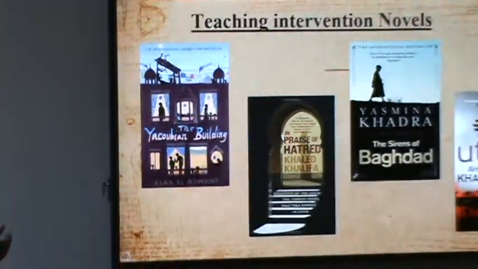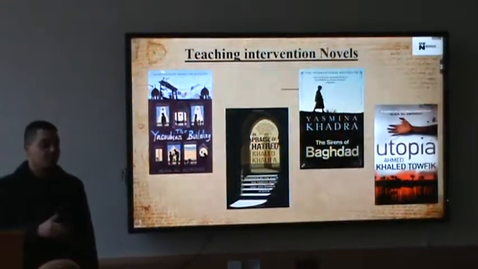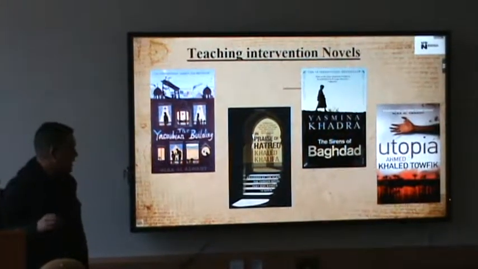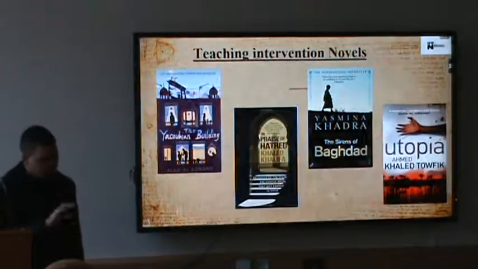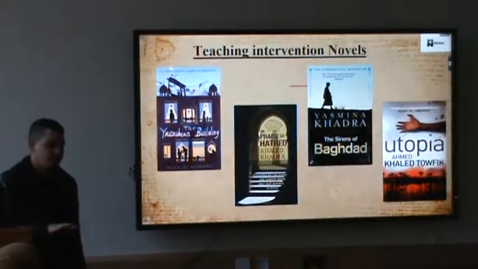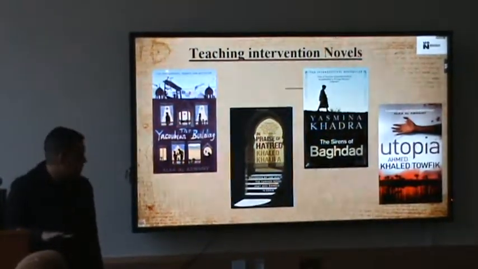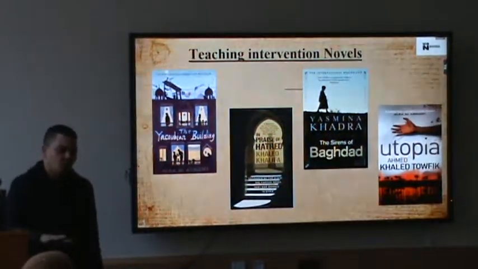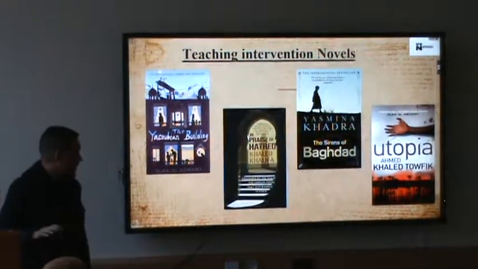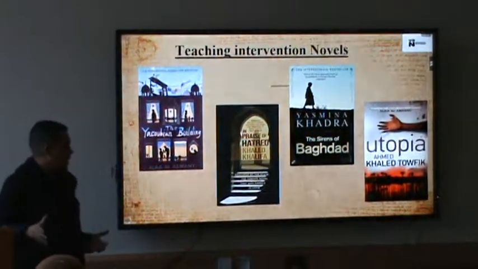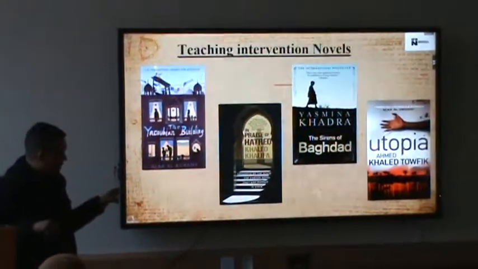So now moving to the second one, which is one of the most controversial novels, which is still censored in our country, but not in Algeria. Khalid Khalifa, In Praise of Hatred, in Arabic called Madih al-Karahiyya. This novel is non-fiction to some critics, because it narrates and documents one of the bloody massacres in the modern history of Syria, where more than 200,000 people were killed and 100,000 people went missing in Aleppo. It's like what's happening now with his father, Hafez al-Assad. So this one narrates what happened there.